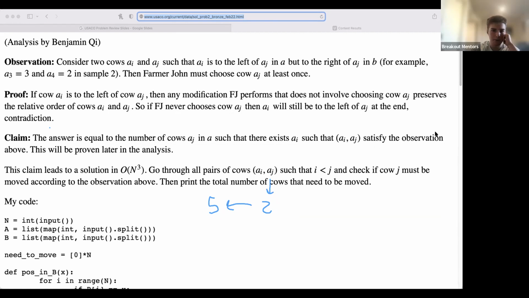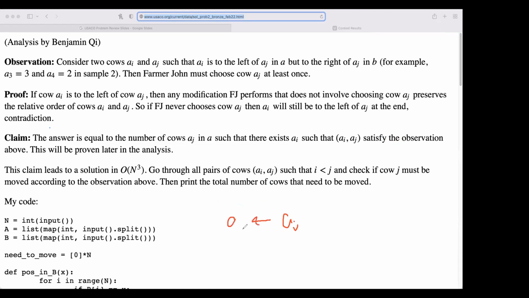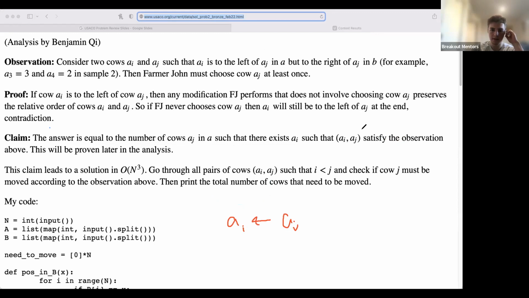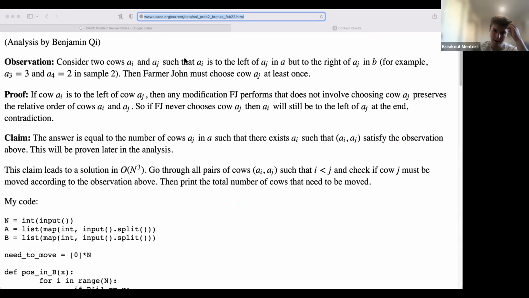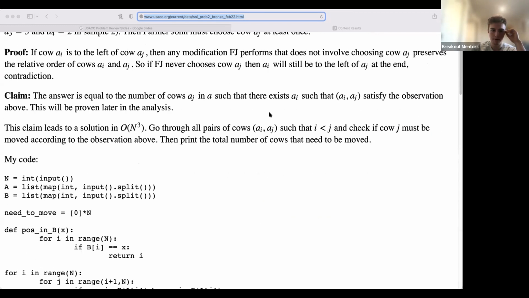Yeah. Okay, cool. So in that case, the number of answers we actually have is just equal to the number of cows AJ such that this is true. So it's just going to be the number of times you shift the right cow. Exactly, the number of times you have to shift the right cow. And there are efficient ways to do this. One of them is